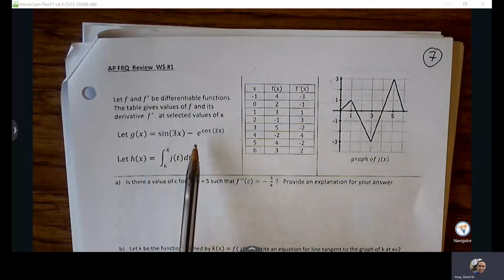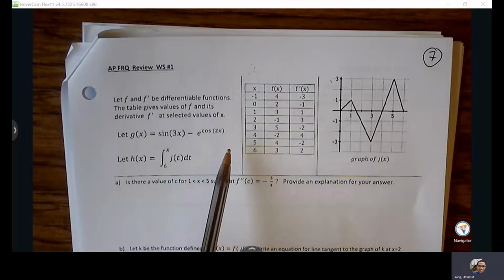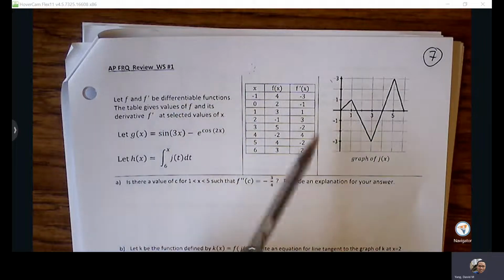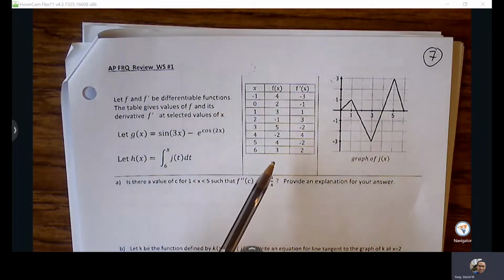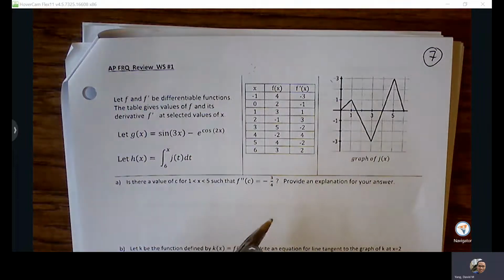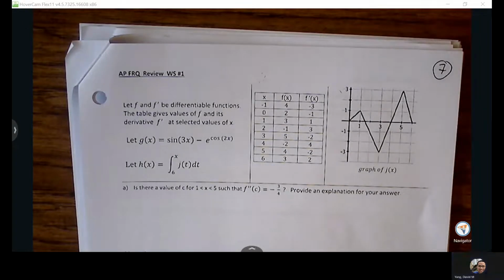I like this problem. I like to start off with this. There are other FRQ topics, but I like this one because it's a hodgepodge of a lot of different topics from first and second semester, and it hits on a lot of things. So not only is it good for FRQ review, but a lot of these topics and concepts are also good for multiple choice review. So I like to start with this because it hits the most number of things that we've covered over the course of this year. Okay, so